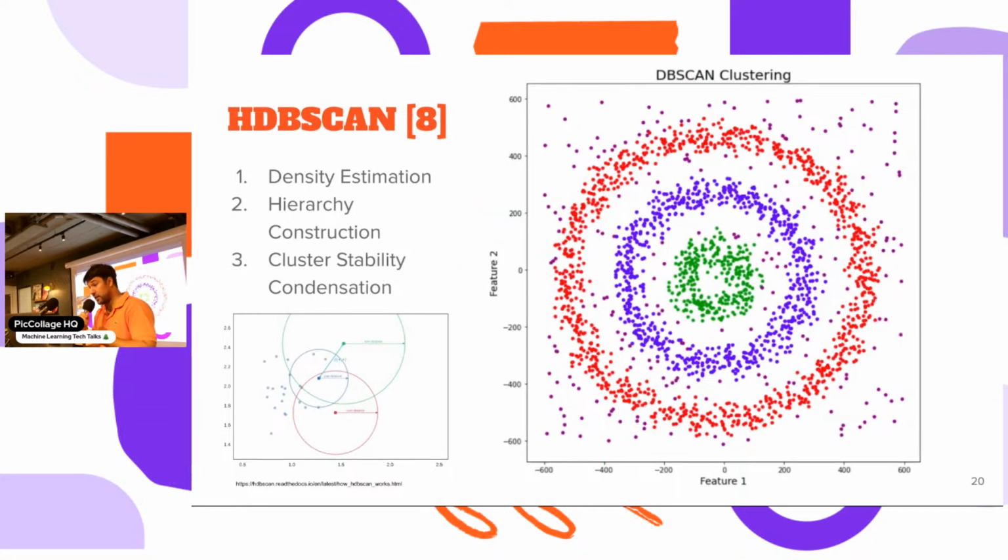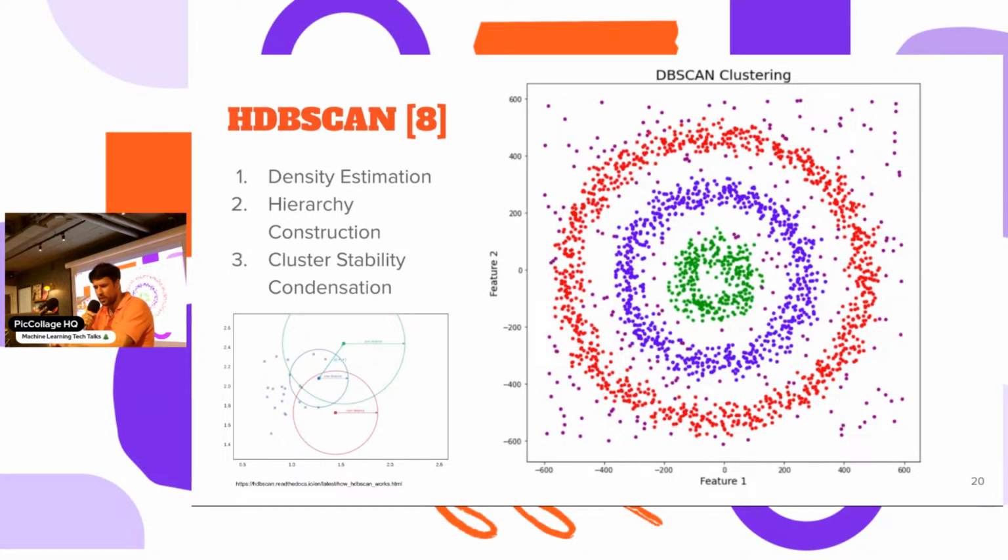And then HDBSCAN is the clustering method that we use. The basic intuition is that you want to cluster points that are close together, and you think of these as islands in a sea, and the sea is basically the noise. First we need to estimate the density, and then if you lower the sea level, you can create a hierarchy.